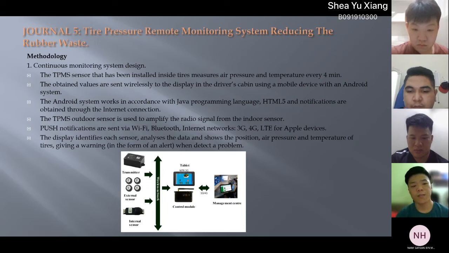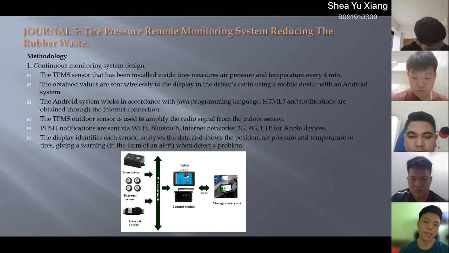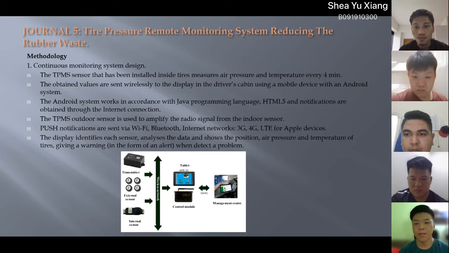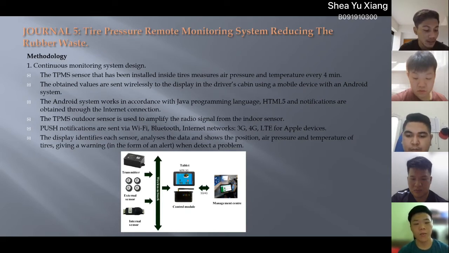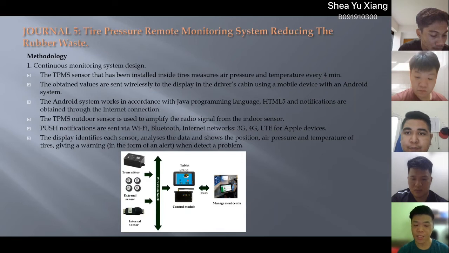So first, the TPMS sensor is installed inside the tire to measure the air pressure and temperature every 4 minutes. And the obtained values are sent wirelessly to the display in the driver's cabin using a mobile device with an Android system. So the Android system works in accordance with Java programming language, HTML5, and the notifications are obtained through